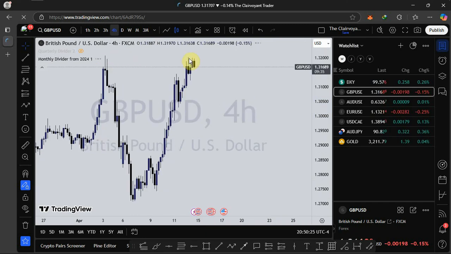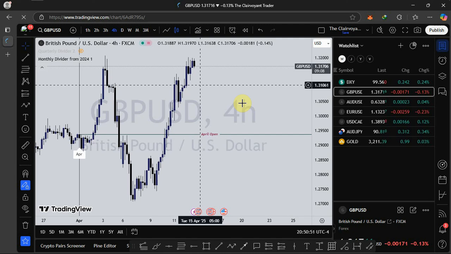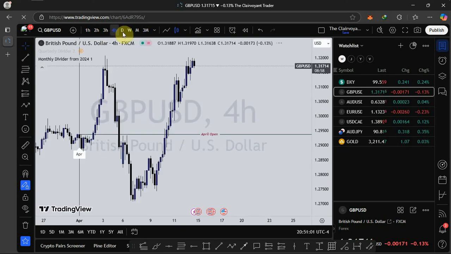So we've taken out this, we haven't taken out this high yet. But I'm not expecting price, even if we take this high, I want to see just a liquidity sweep, price to take liquidity, then we see a push to the downside before we see a push up. But for now, I'll be looking for bearish price action so far as GBP is concerned. So that is my expectation on GBP.